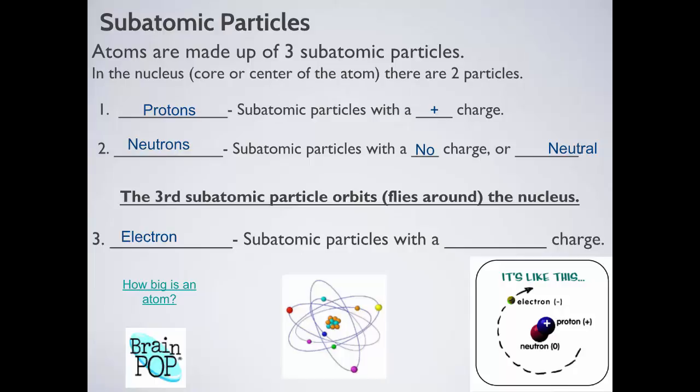And the electron has a charge. What is it, Grady? Negative. It has a negative electrical charge. So if I look here, this is a drawing that's depicting a hydrogen atom, the simplest element that we have. A hydrogen atom has one proton in the nucleus, one neutron in the nucleus, and then a single electron around the outside.